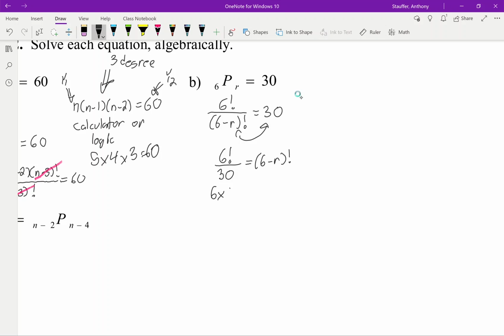Or I get 6 times 5 times 4 times 3 times 2 times 1 all over 30 equals 6 minus r factorial. And from here, we notice that 6 times 5 equals 30. So this would give me 4 factorial equals 6 minus r factorial, or by logic there, r would have to equal